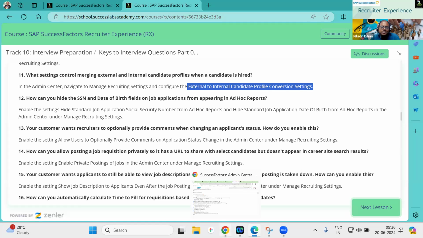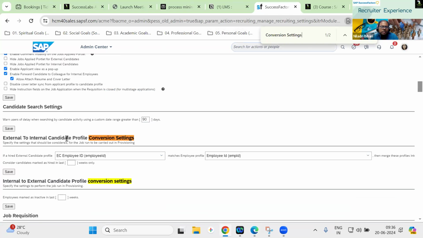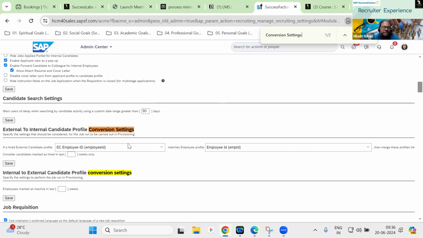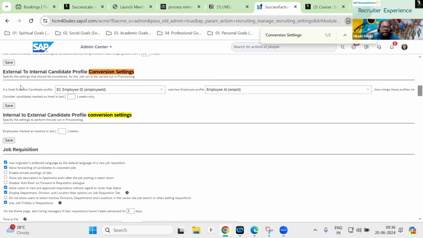I can show you that. Conversion settings, I have seen somewhere here. Yeah, this is the one: external to internal candidate profile conversion settings, and internal to external candidate profile conversion settings. So you can see there are the settings. Specify the setting that should be considered for the job run to be carried out in the provisioning.